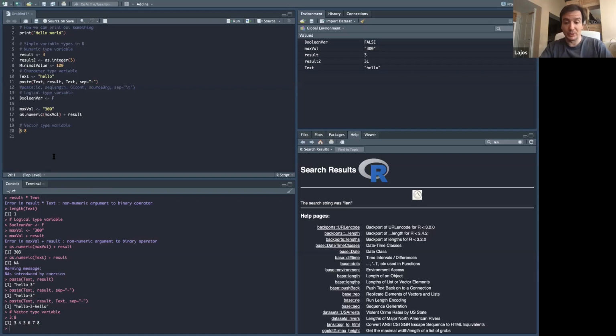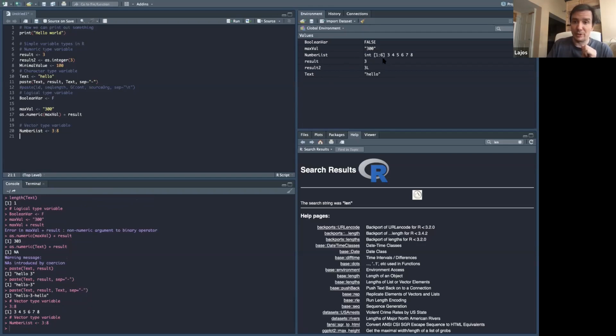So let's put this into our number list variable exactly the same way as we did before. We are using this left arrow. And now we have the number list here. If we click on it, no, we cannot click on it, we can only click on data frames. But as you can see, it's a list of integers. So very importantly, it's an integer vector, and it has 6